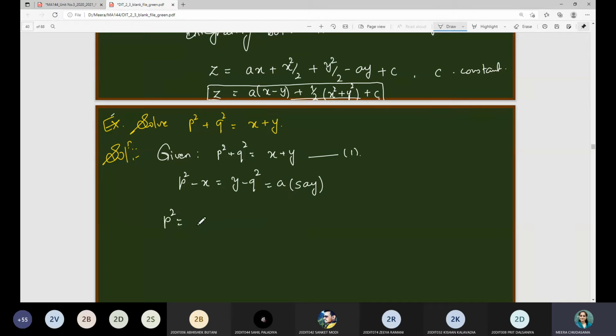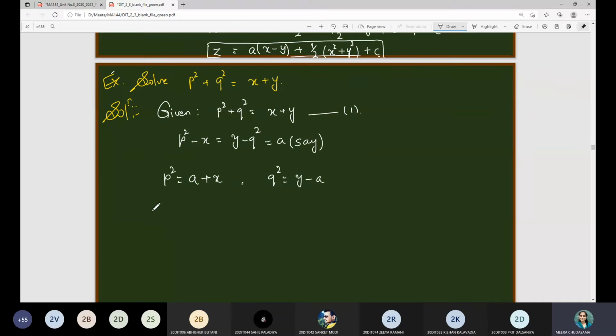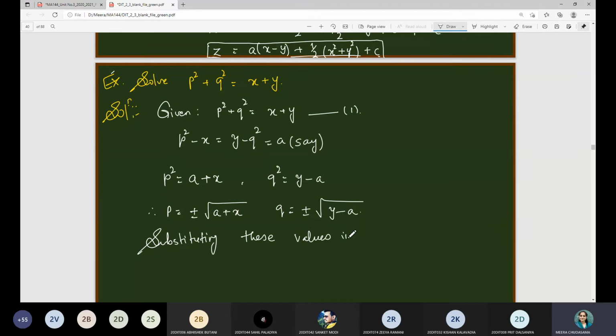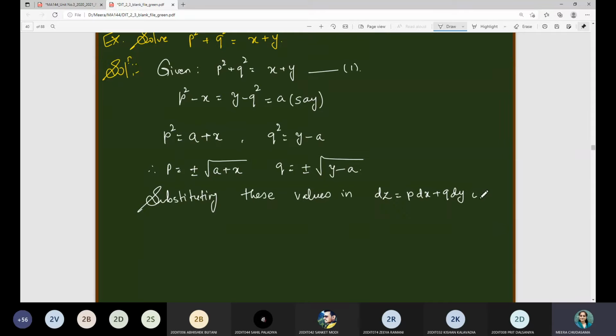So from this one I can say p square is nothing but a plus x, q square is nothing but y minus a. So therefore, what is p? Plus or minus square root of a plus x. Q is plus or minus square root of y minus a, right? So next step is substituting these values in the expression. कौन सा expression? Standard equation dz equals to p dx plus q dy. Very good. This expression we get